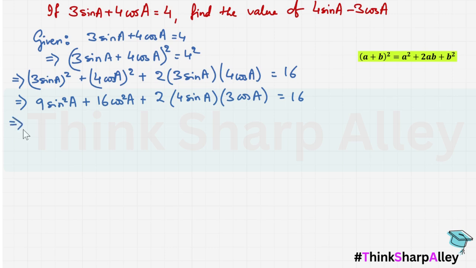Now let's enter the trigo town where sin square theta plus cos square theta equals 1 is the golden rule. So we apply the trigonometric identity to convert this into cos square. Wonder why? I said we'll keep an eye over our answer that we need. 1 minus sine square A. Well, this part I'll not disturb, I'll keep it as it is.